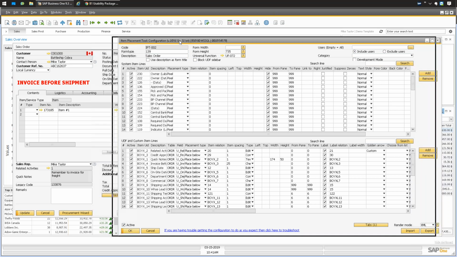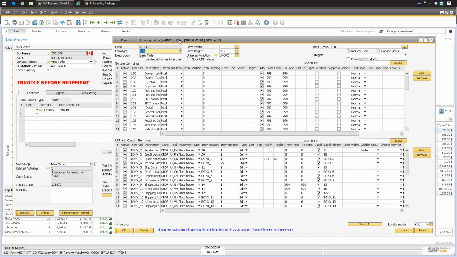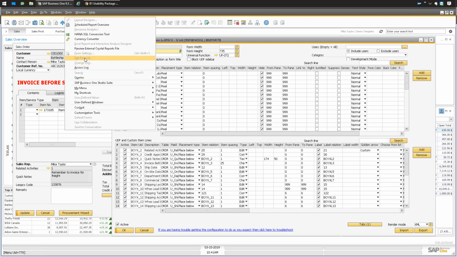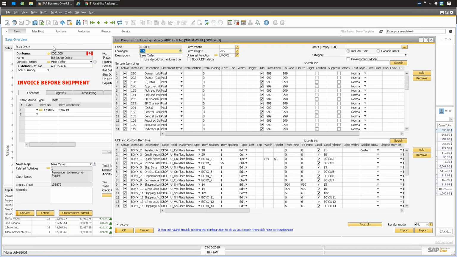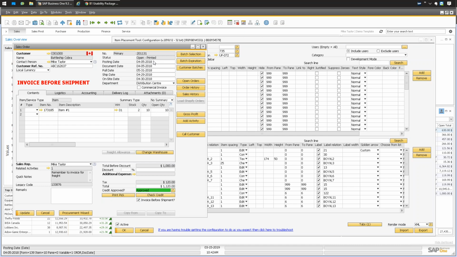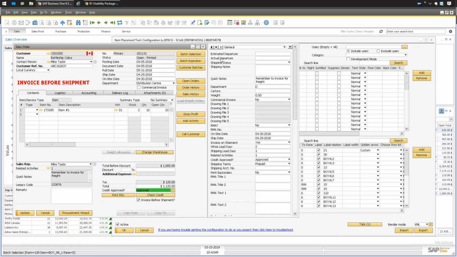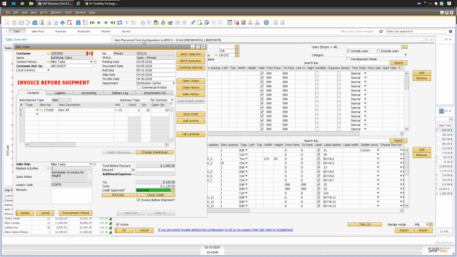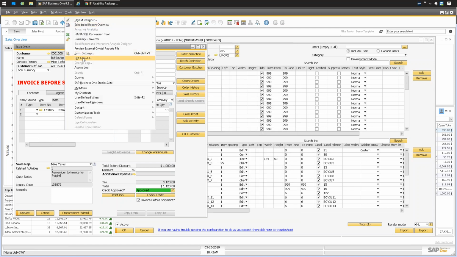I'd like to also take a moment to say that the SAP Business One out-of-the-box system has a user interface customization, edit form UI. I really do not recommend that you use this. It can, in some cases, corrupt tables. And it also doesn't line things up. There are so many features that it's missing. You're better off struggling with the sidebar than you are trying to use the form user interface editing capabilities of